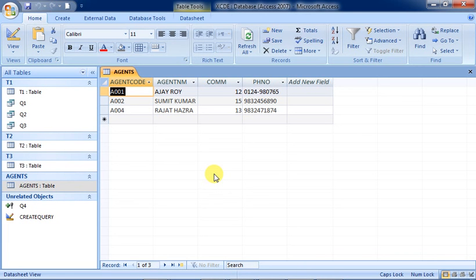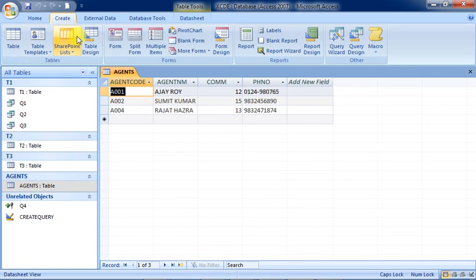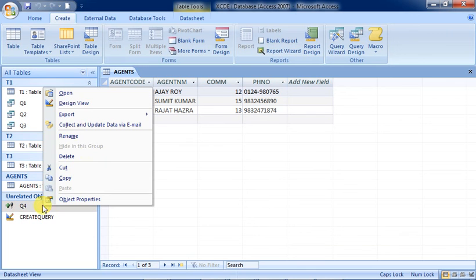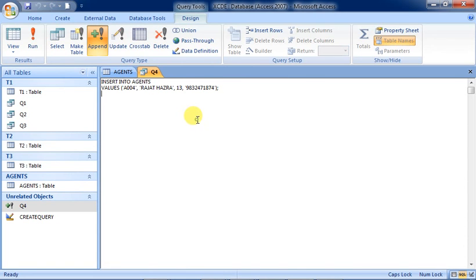So today we have not created the table by using the create table option from the menu. We have used the MySQL queries in order to create the table. Not only that, we have also inserted the values by using the MySQL query. If you want, you can open it in design view, and here you will get the details. Here you have to change it.